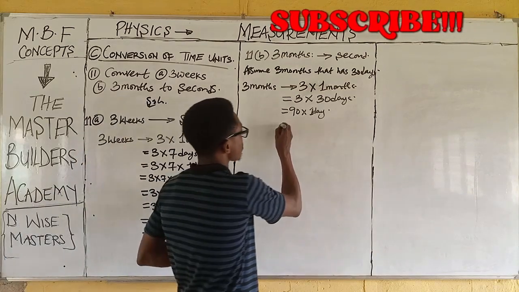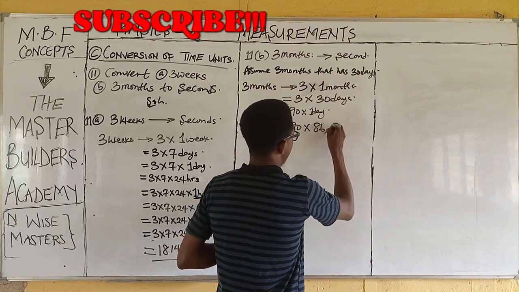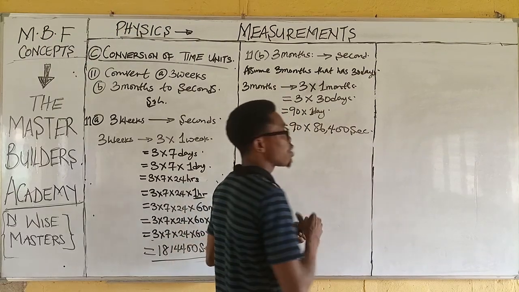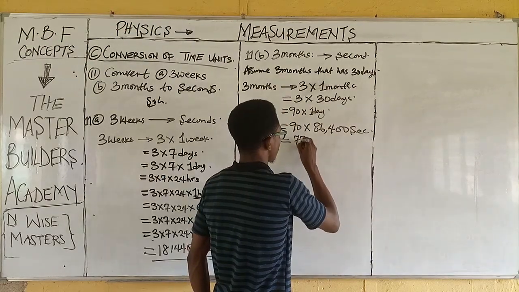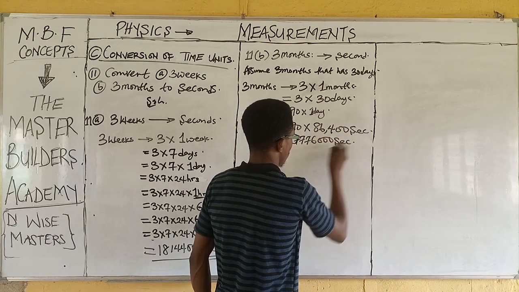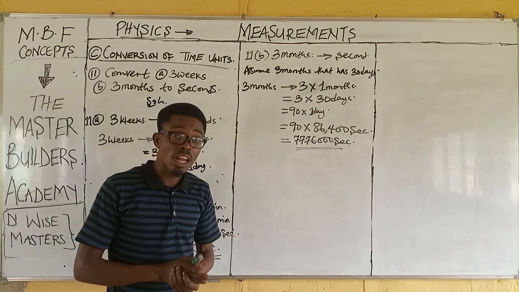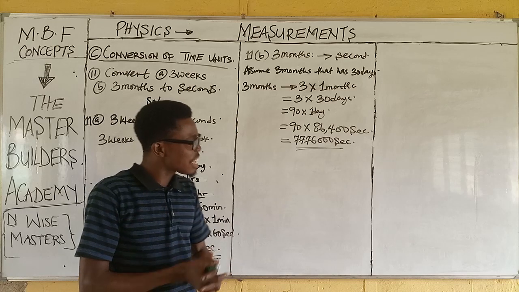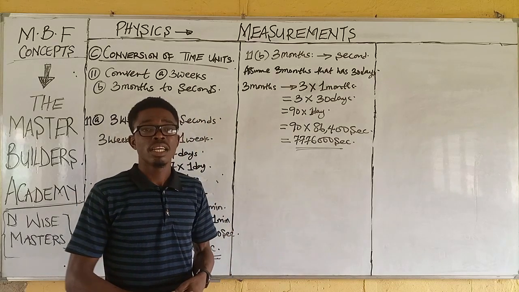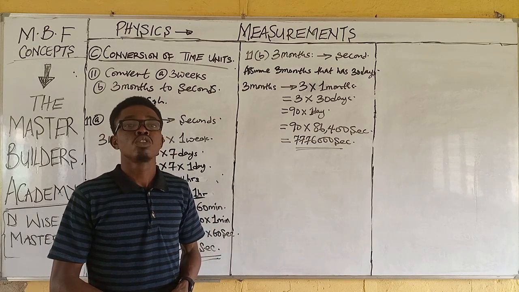86,400. Then we have this as 90 times 1 day is 86,400 seconds. And when we multiply this out, 7,776,000 seconds. 3 months is equivalent to 7,776,000 seconds. So finally, the last question, but not the least, is to find the number of seconds in 2